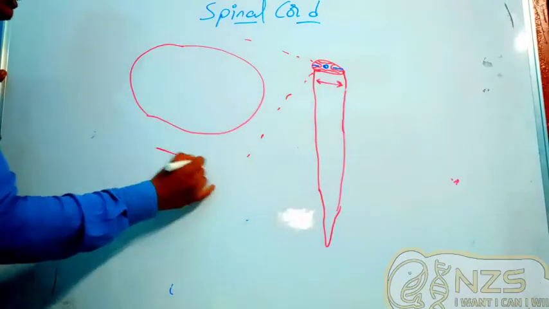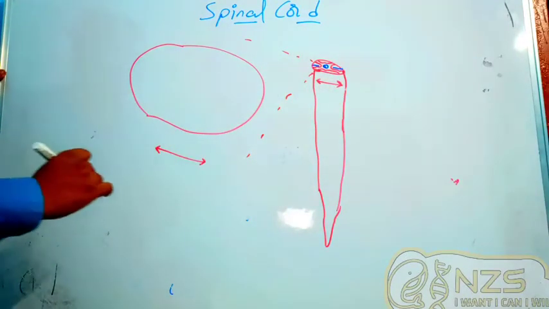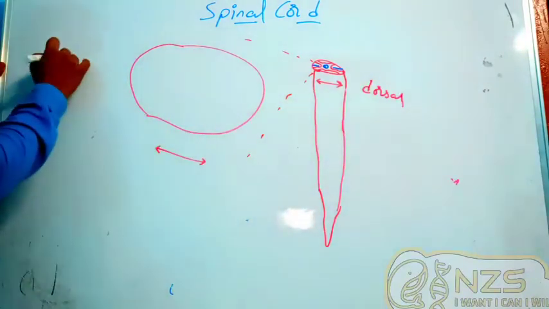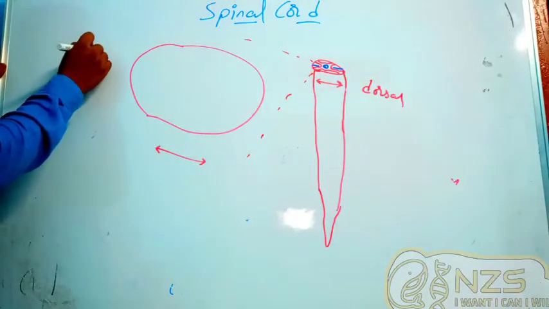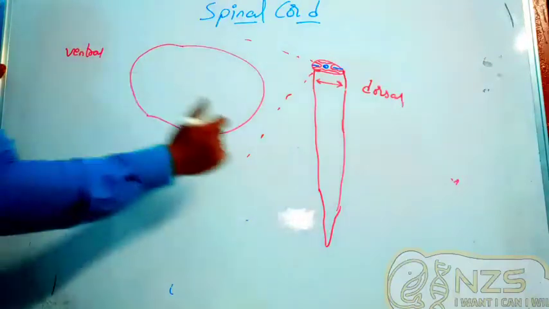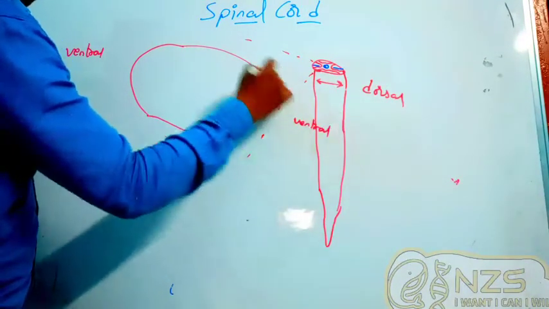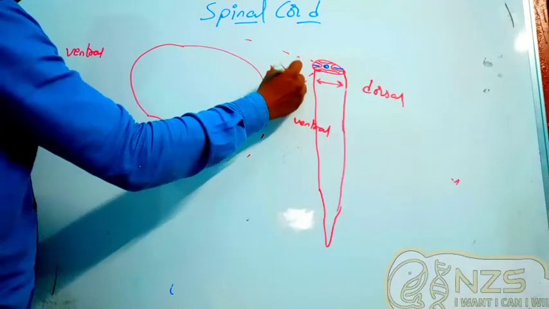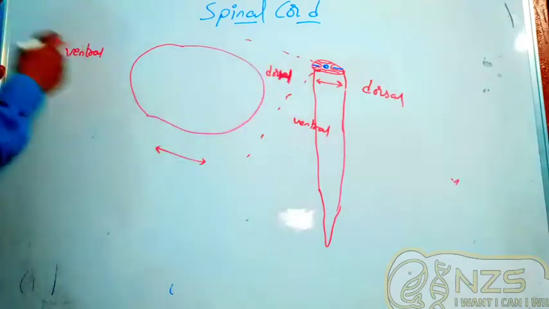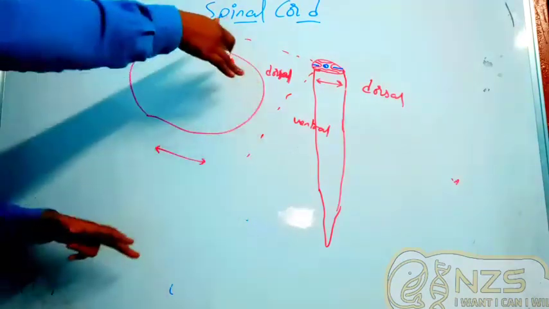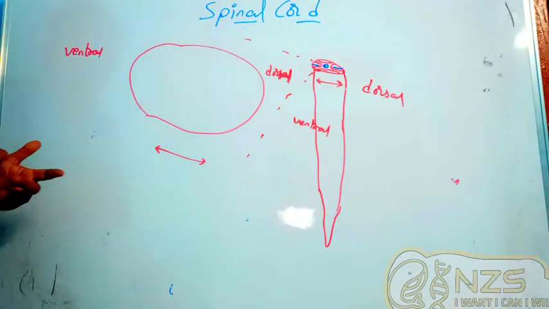I'm not changing the direction. So this becomes the dorsal, the same way this becomes the ventral. So these are dorsal and these are ventral. These are the ventral for this diagram and these are dorsal for this diagram. I'm not changing any shape here. I'm just taking it out and showing it to you. In some diagrams we can see a tilted portion, but I'm not making you confused there.